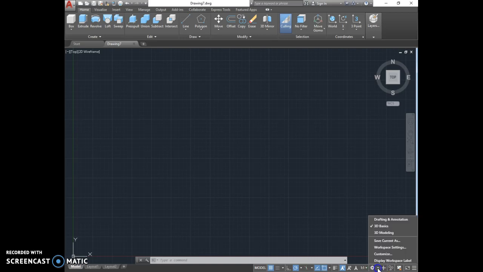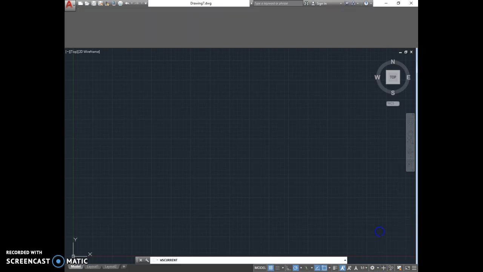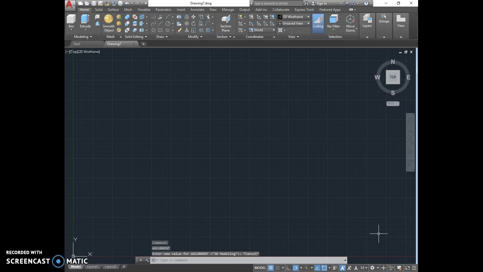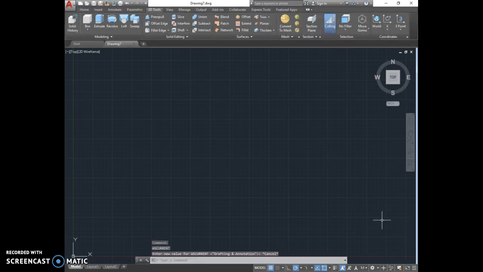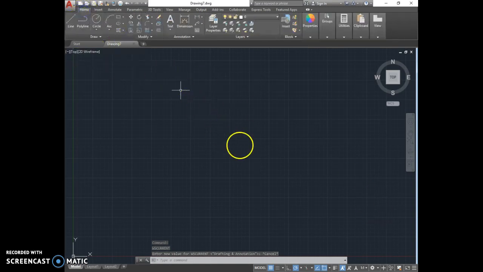If you hit this again and change to 3D modeling, it changes it even more and changes more options up there. What I want you to do, and what we're going to do, is leave this set to drafting and annotation. I just wanted to show you those other options so in the future, if you're using AutoCAD and doing only 3D stuff continually the whole time, you may want to use one of those